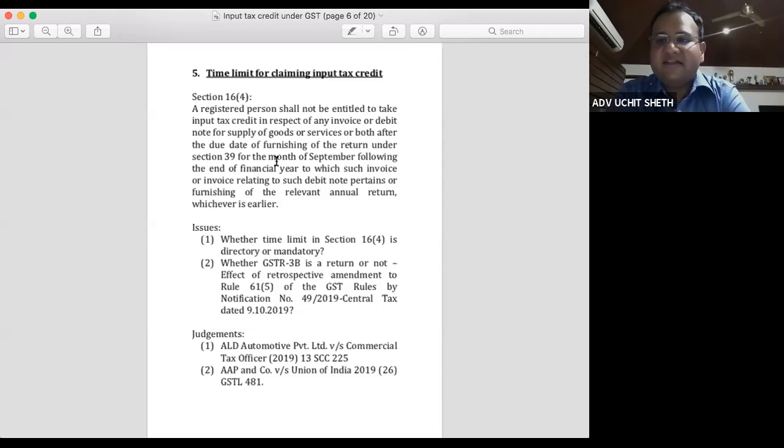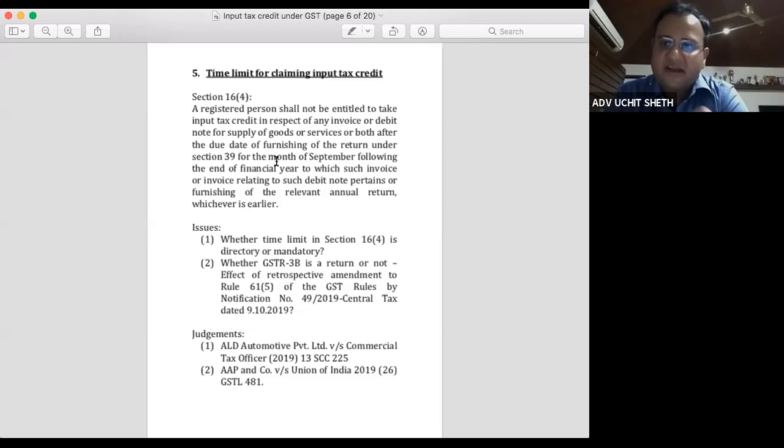Here too, we can say that, look, we believed that we had time up to filing of annual return. Suddenly, the government cannot come up and say that within 10 days, you calculate all your claims and claim the credit. Therefore, for 18-19 also, there is a chance for saying that we should be allowed to claim input tax credit till the filing of annual return.